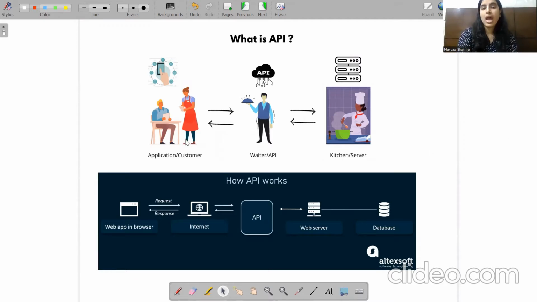over here in the first picture, and you have gone to the restaurant, and suppose you are a customer and you call a waiter to order something which you like, right? So you call a waiter and give him the order. Your order is noted by the waiter, and then he is going to deliver your order to the kitchen, and then the processing will happen in the kitchen. They'll make your food, and then the waiter will go back to the kitchen, and when your food is ready, he'll take the food